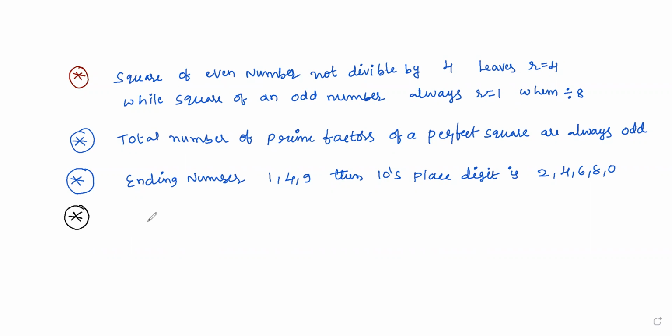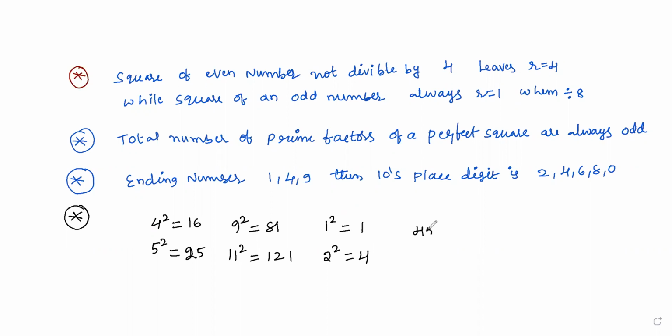Suppose if you see, 4 square is 16. Okay. 5 square is how much? 25. 9 square is 81. 11 square is 121. 1 square is 1. Okay. 2 square is 4. And 45 square is